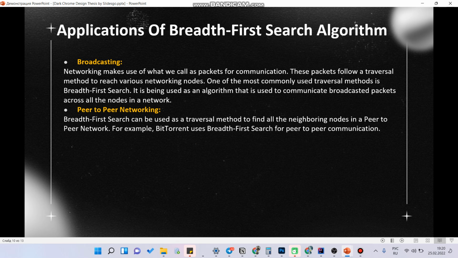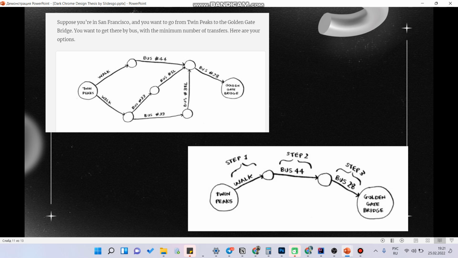Broadcasting: the algorithm is used to communicate broadcasted packets across all the nodes in the network, in peer-to-peer networking. So we use this to find all the neighboring nodes in a peer-to-peer network. And here is a simple example. Let's consider that you are in San Francisco and you are at Twin Peaks. You want to go to the Golden Gate Bridge, but here